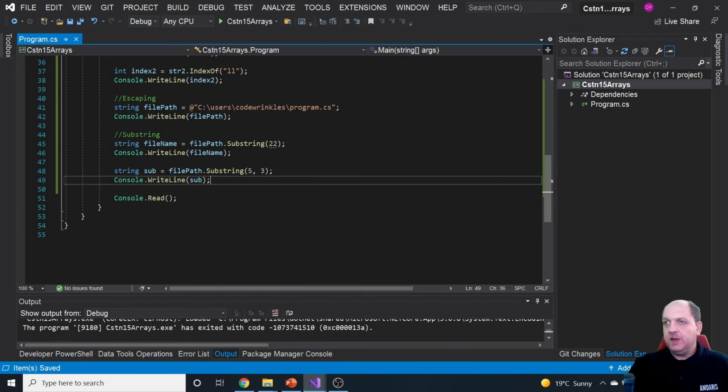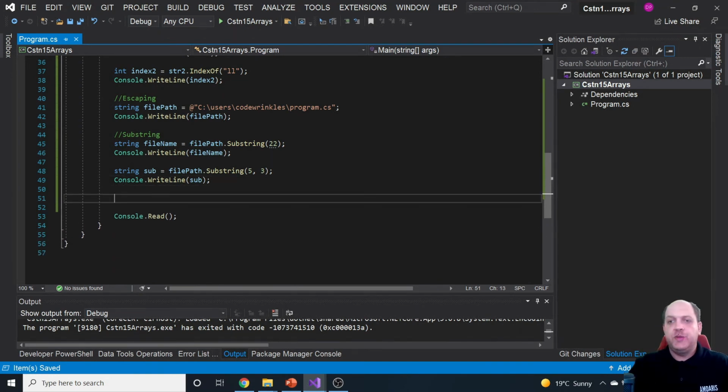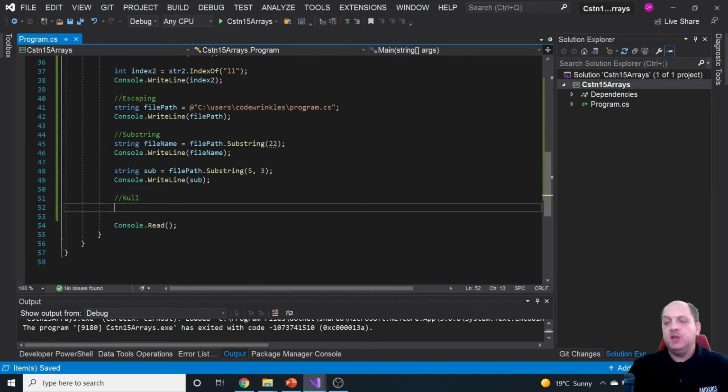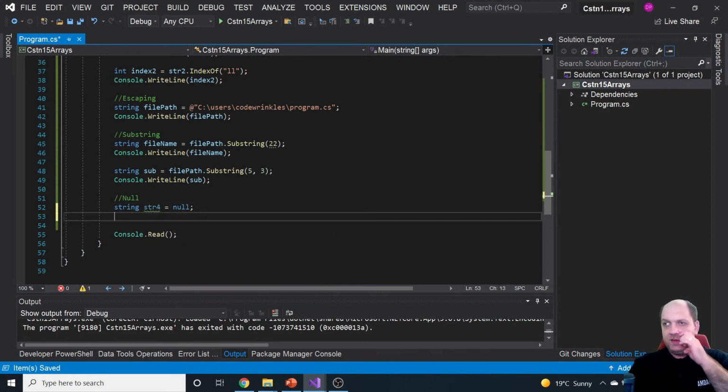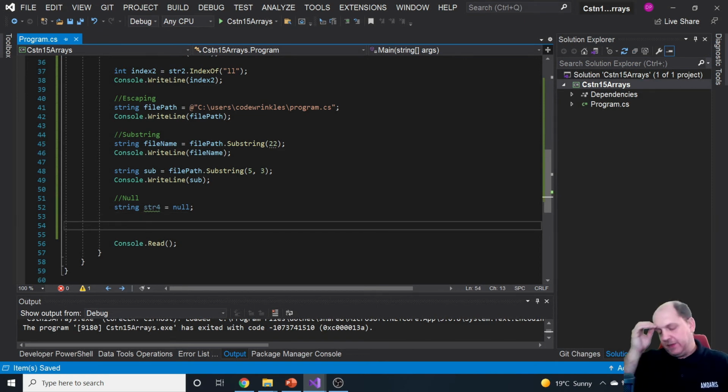Now, another thing here, which is something that you'll do very often as a developer, is checking for nulls. And as said, the string is a reference type, and therefore strings can be null. So we could have here str4 which is null. Now, if this string is null, we want to print on the console that the string is null, like using words. And if this string is not null, then we just want to print at the console string is not null. So one way to do that, and that would probably come very natural, is to say here, for instance, if